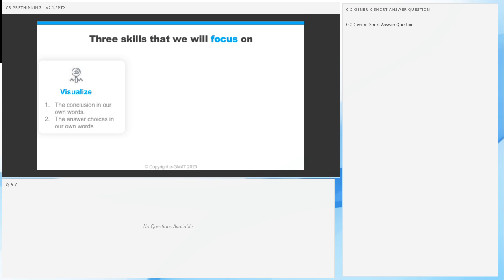One of the most important skills that pre-thinking is built on, and in fact pretty much all of GMAT verbal, now coming forward to GMAT Focus as well, is the skill to visualize information. Visualizing means, as the word implies, imagining what you read and seeing it happen in your mind. For example, if a conclusion says that the seawall is going to be able to sustain the ocean waves generated by the tornado, you want to visualize a seawall standing tall against the ocean waves, and see the waves striking the seawall in your mind.